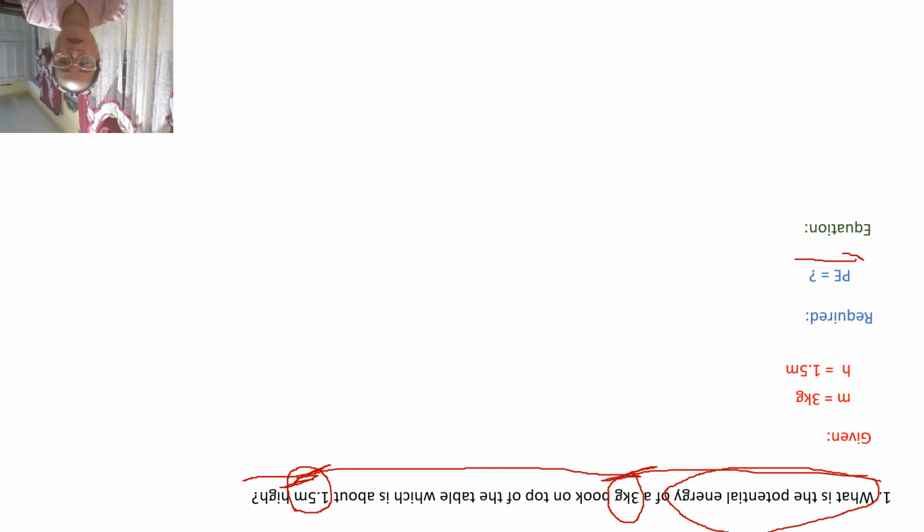Since the potential energy is being asked, we will use the formula of potential energy in our equation. The formula of potential energy is PE is equal to mgh. M stands for mass, G stands for